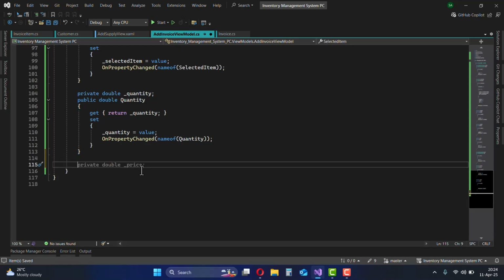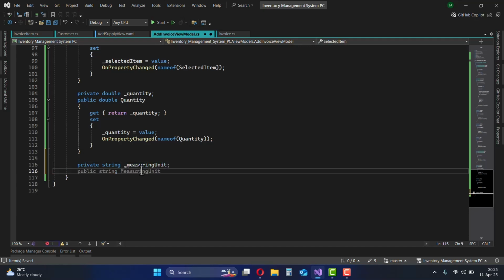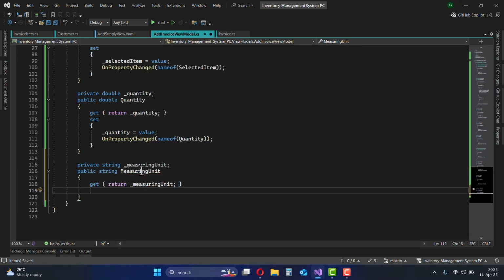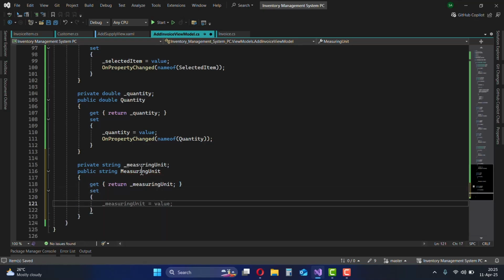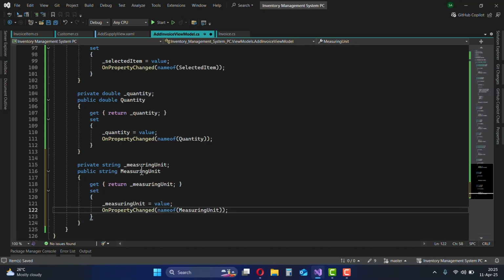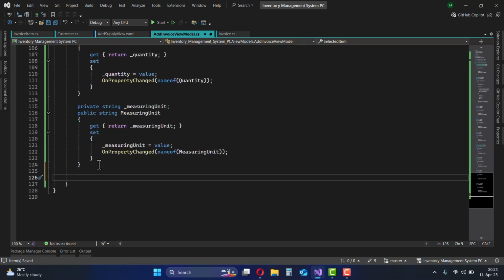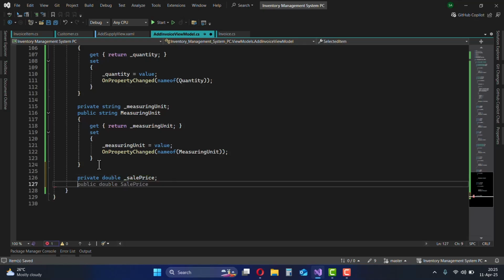And then we have measuring unit, string measuringUnit. Then we have sale price, double salePrice,